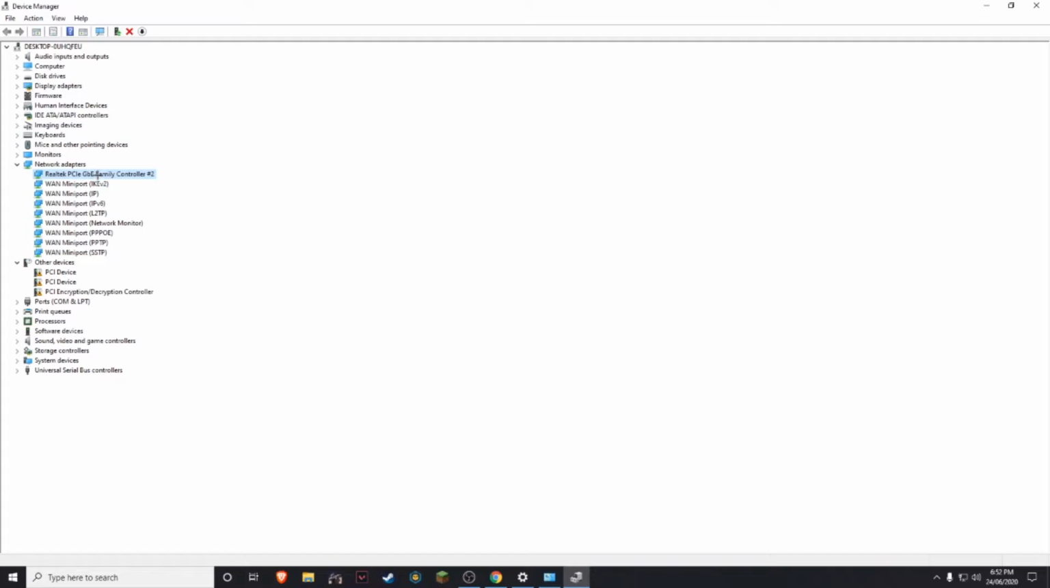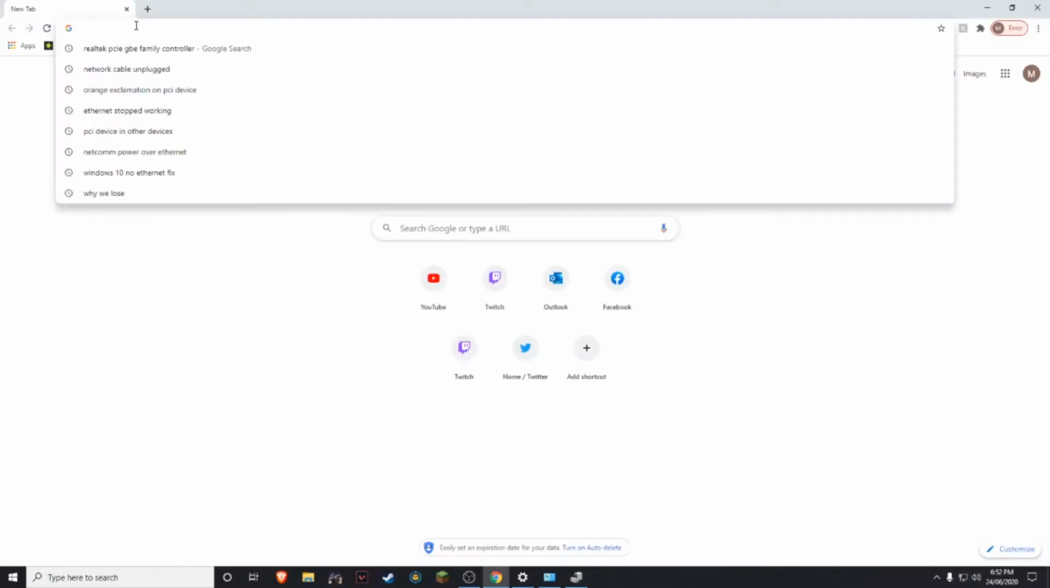Again, not exactly sure what you'll have, but this is mine. You'll usually see that it'll sound something like this. And this is, I think, Realtek, a very common network adapter, whatever it is, I don't know. But anyway, so you get the name of this, right? So what you want to do, I've already got it here because I've already